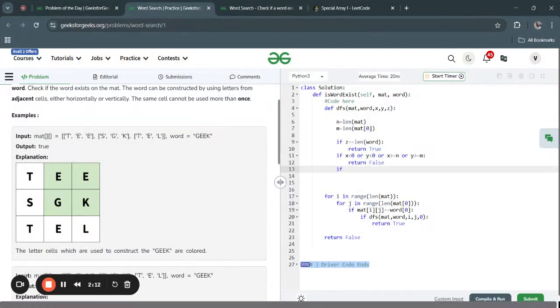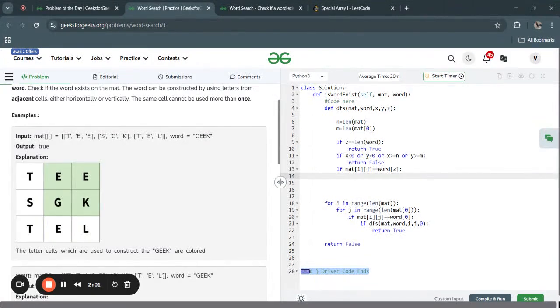And if the given matrix of i j is equal to the word of z, that means we found another value that is there. And initially we'll set the matrix value to